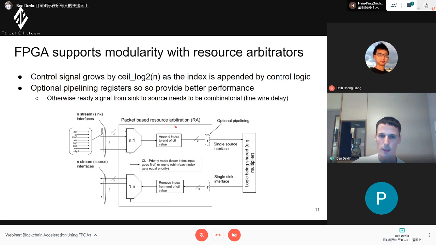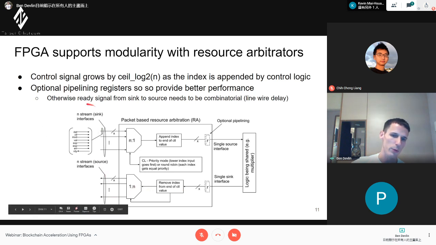What our resource arbiter does is it can either be programmed to be priority mode or round robin, so it'll pick one of the packets coming in, depending on this programming. When it takes a packet, it marks the index of where it came from onto the control. This is so that on the output, we can remove the control and put it back on the correct interface. This way we can have multiple source elements and just one consumer.